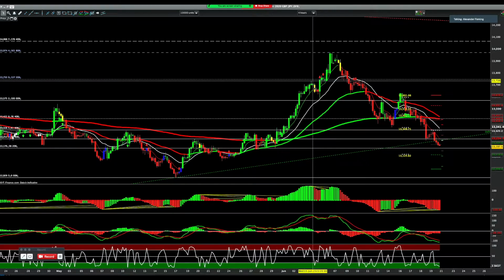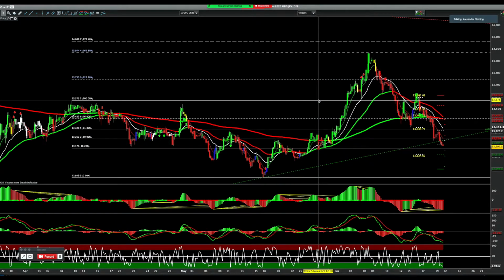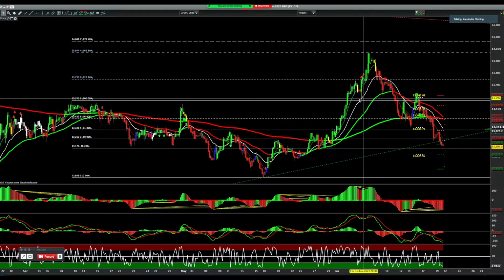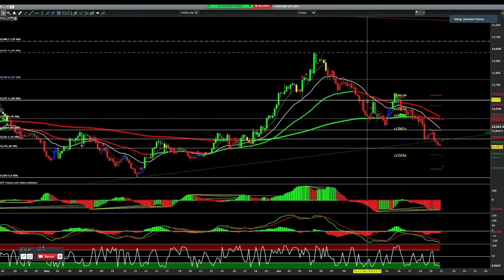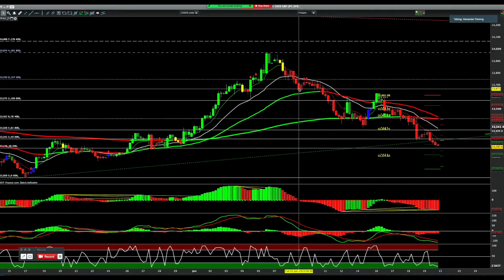The first target would then be back to previous structure, back to the 100%, pretty much where we've broken out from. We're basically looking for it to flick up and then pull back and retest the previous structure. It didn't quite get there, so it was a bit of a fake one. Didn't quite get to confirm this one, and it didn't quite pull down. So we're using EMAs to keep us in on this uptrend. This uptrend wasn't finished, but what we did see then was a sudden burst up to around